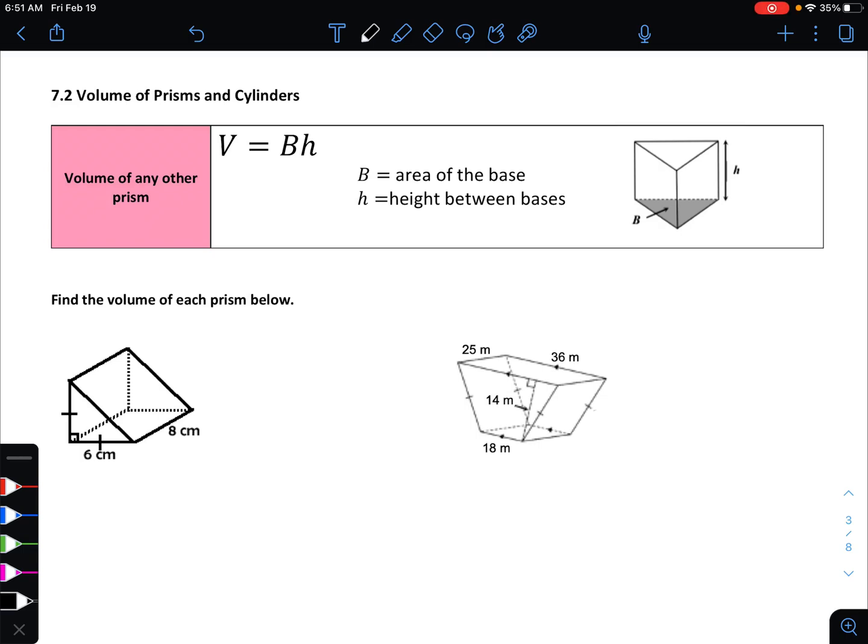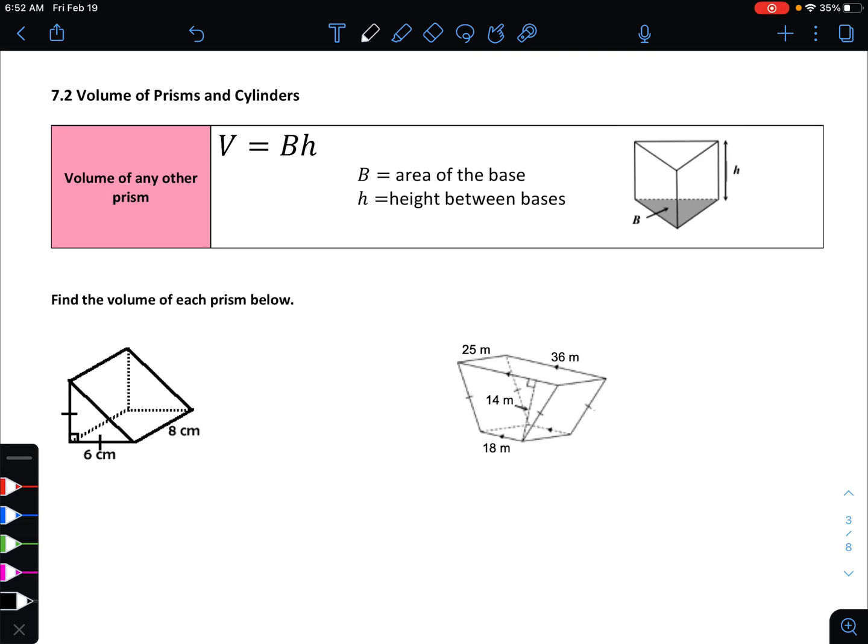All right, guys, so if you remember from the last video, we were talking about what were called polyhedrons as well as prisms, and we had the opportunity at the end of the notes to start finding the volume for prisms. Now, we only looked at rectangular prisms, so today we're going to look at other types of prisms. We're going to look at triangular prisms, we'll look at some trapezoidal prisms, and then we're also going to take a look at cylinders, which